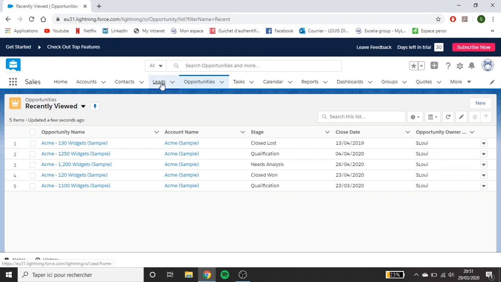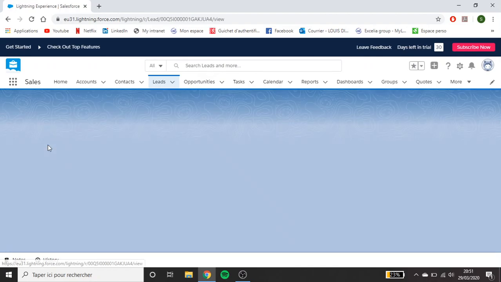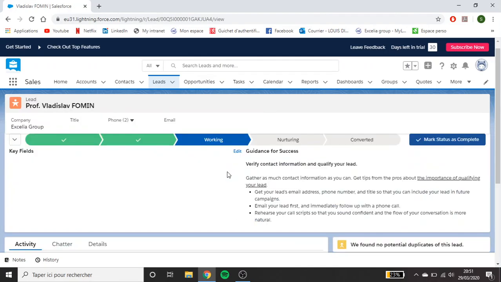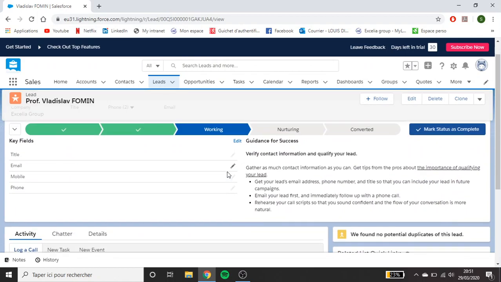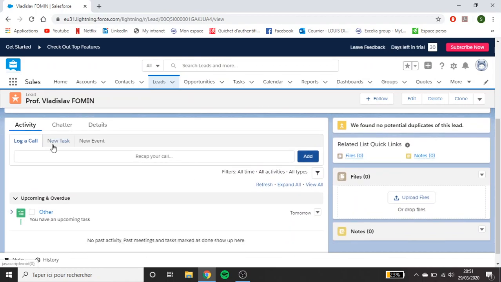When you have leads that are coming from those opportunities, you can classify them very easily. And in my case, for example, I'm trying to demonstrate to you why Salesforce should be the software that you use in the future. So I took the liberty to create your lead, as you can see here. And this gives me all the information that I've previously written about you as a lead, and gives me the opportunity to create new tasks, especially for you, as you can see here, and as you can find in the